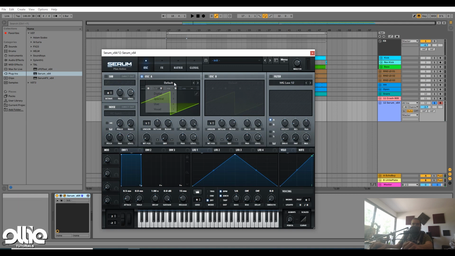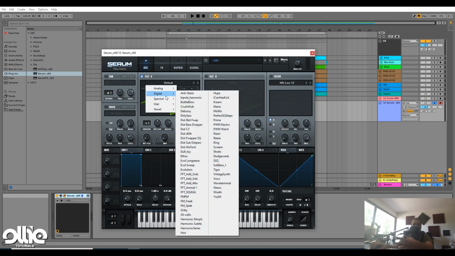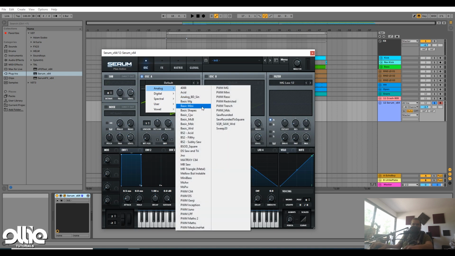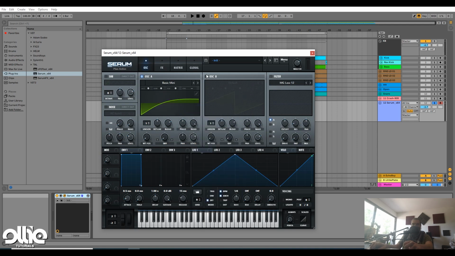So here in Serum, what I'm going to do is I'll create this really simple FM lead based on two saws, as I've already explained in my how to make screaming FM leads tutorial. Anyways, I'm going to choose the basic mini. And here I'll take off the random phase. I'll set the start point to 0 degrees, like the starting phase. I'll take oscillator B all the way down, and I'll make it modulate FM oscillator A, like so. And I'll take it one octave down. So I have this pretty FM lead,